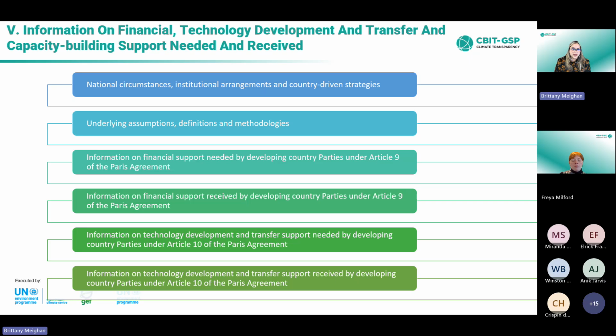And in a similar way, this is the chapter especially for developing country parties on financial, technology, and capacity building support needed and received. So this is also a should provision for you to include in your BTR. So a non-mandatory element, and it's similar in structure to the last chapter, where you